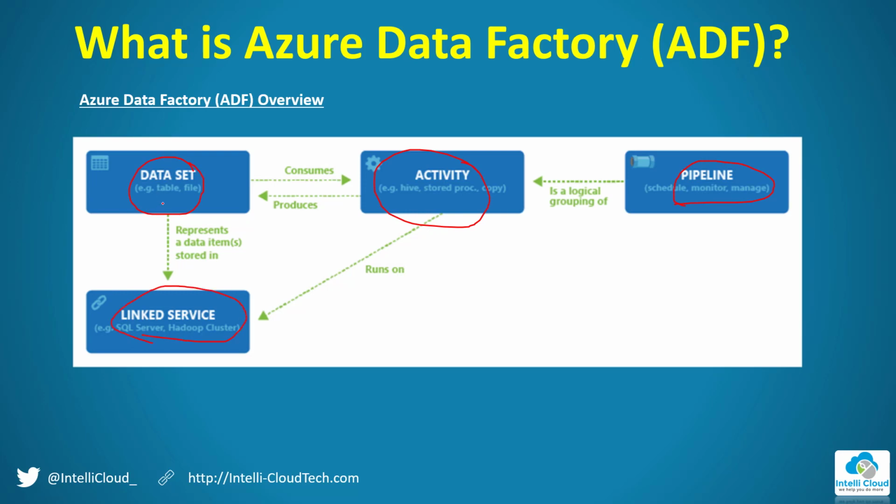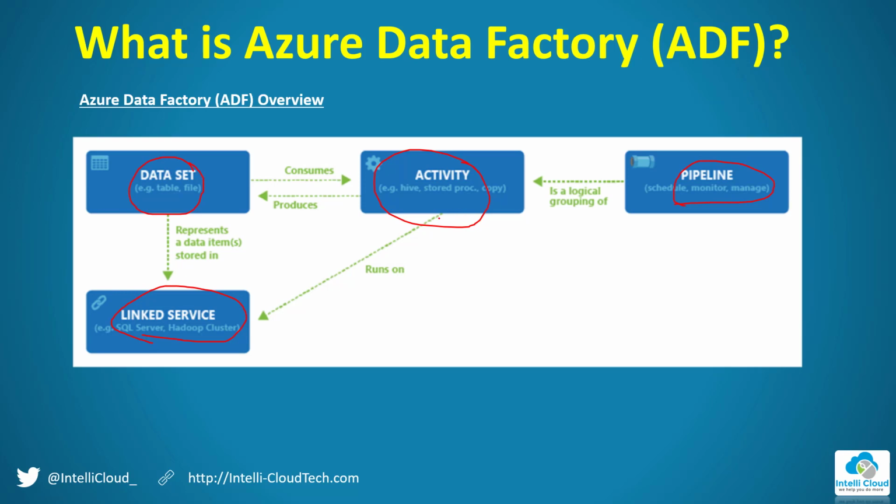What are datasets? In other integration tools like SSIS, there is a source and a destination. The source contains the file name or table name or whatever it may be, like storage, everything. Same with the destination, which is where we want to insert, either into a file or table or something. So the dataset contains the information about tables and files, about the source and destination. So it contains a source dataset, meaning input dataset, and an output dataset.